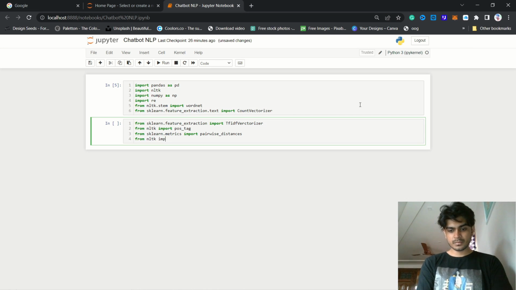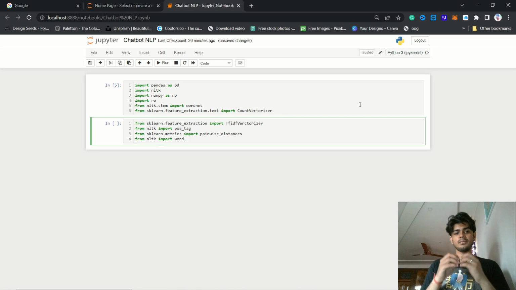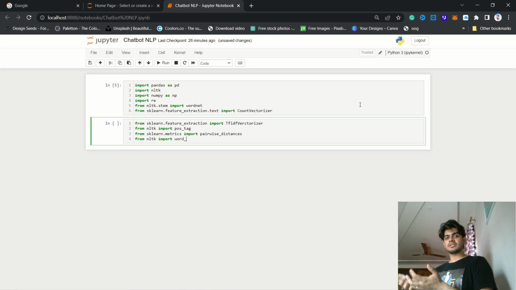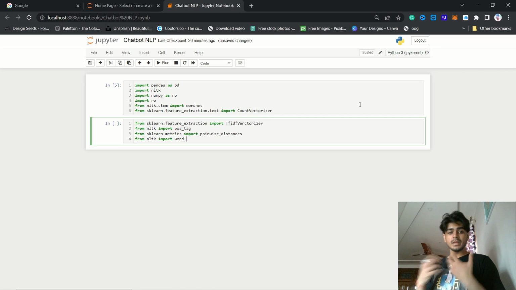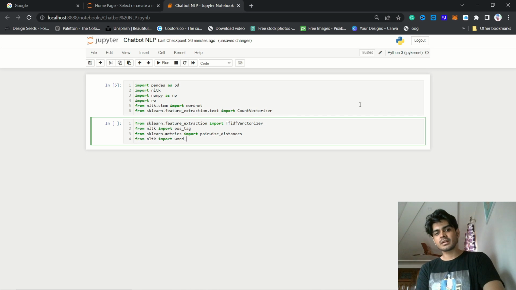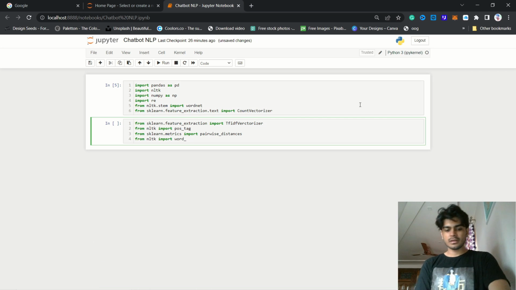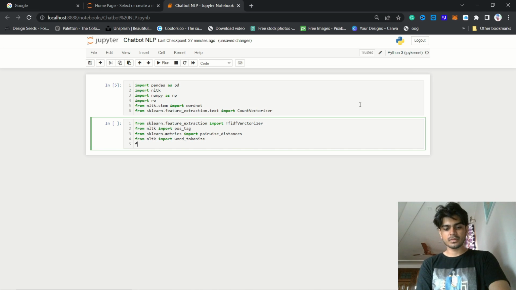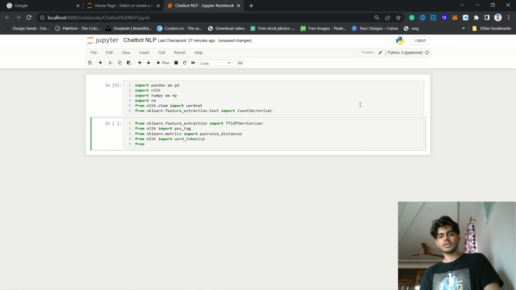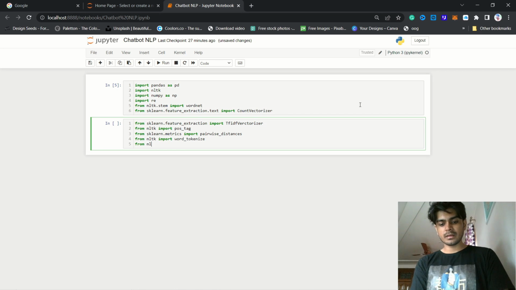import word_tokenize. As I told you, we take our sentence and break it into tokens, by stemming or lemmatisation. They are represented as tokens. So to make tokens out of the statements in our paragraph or anything we have given to our system, we will say from NLTK import word_tokenize. That will tokenize our words. And from nltk.corpus we will import